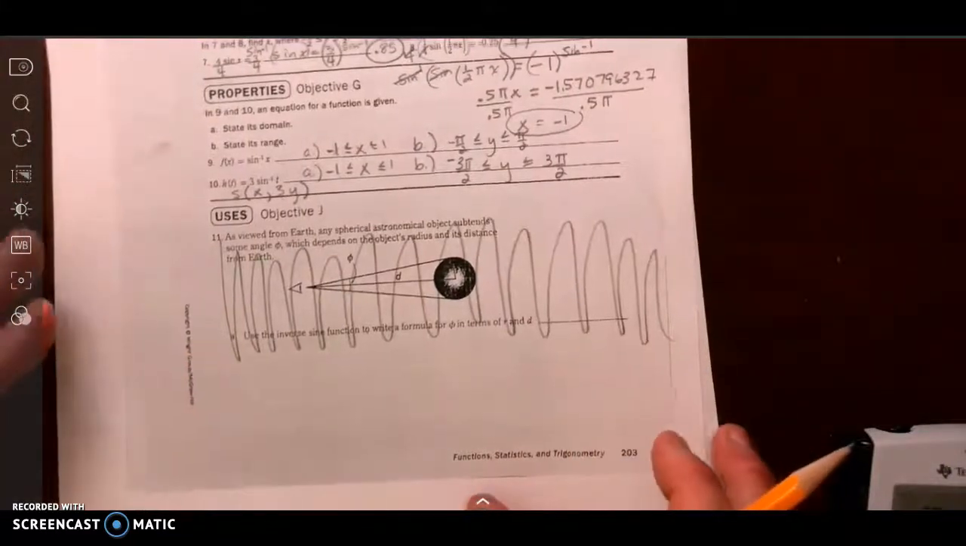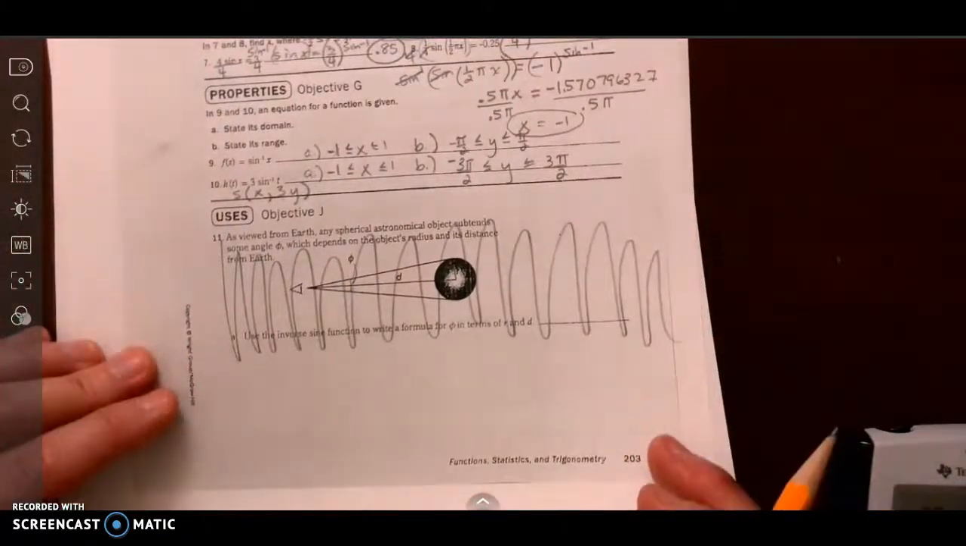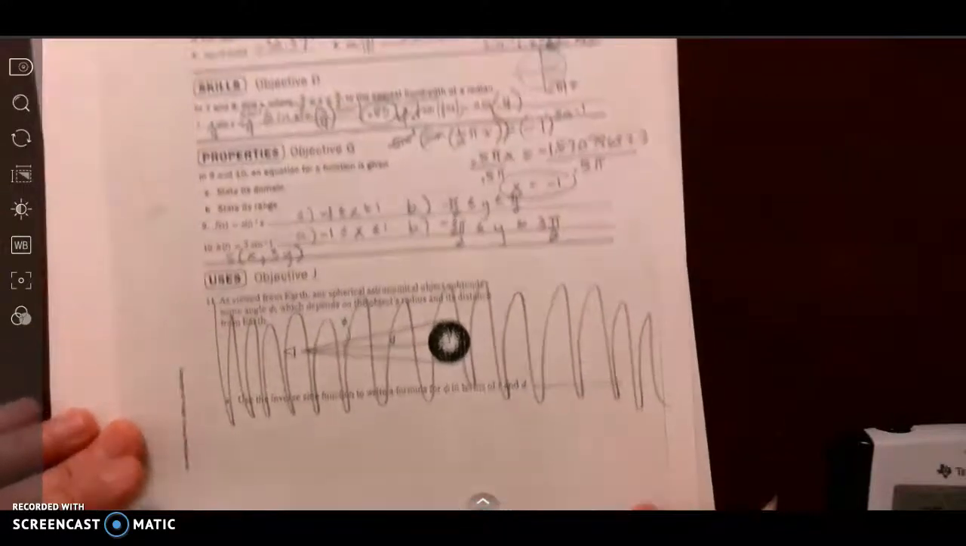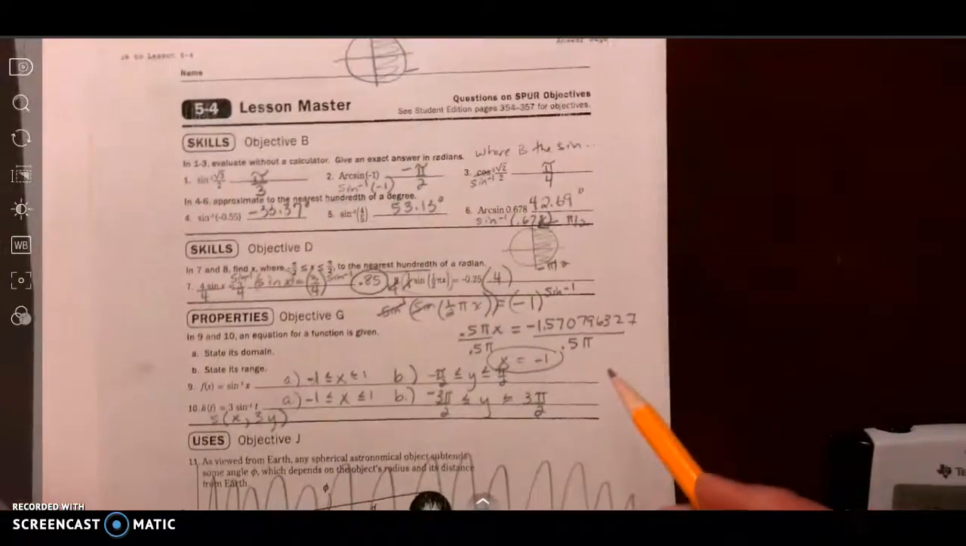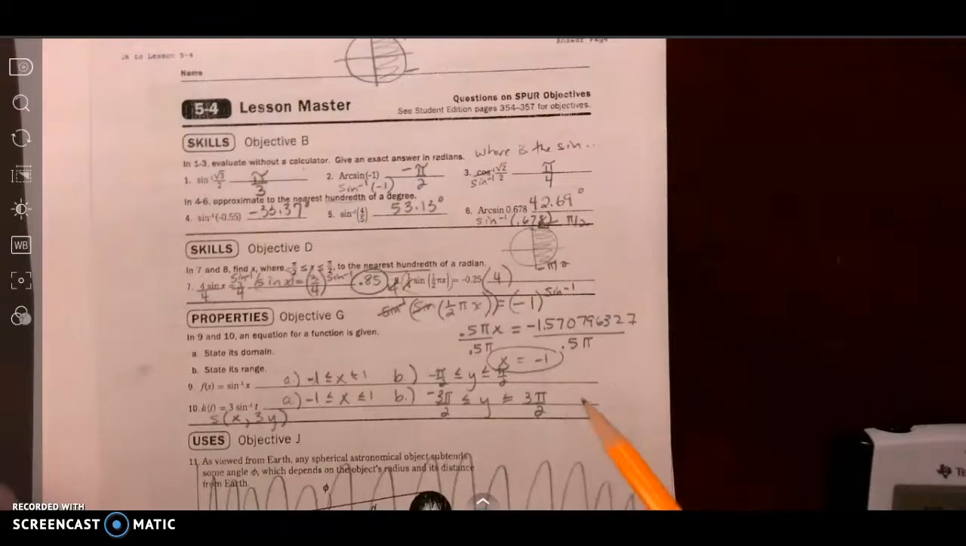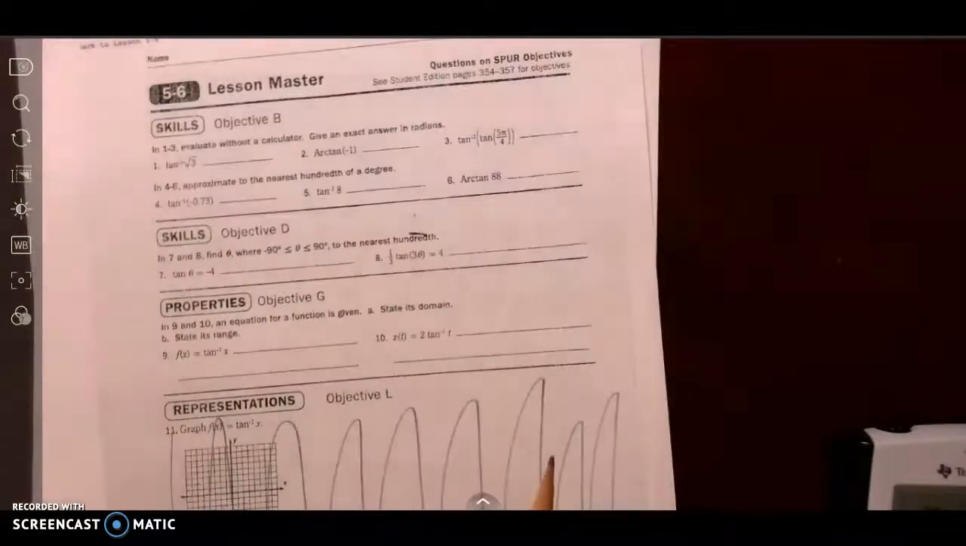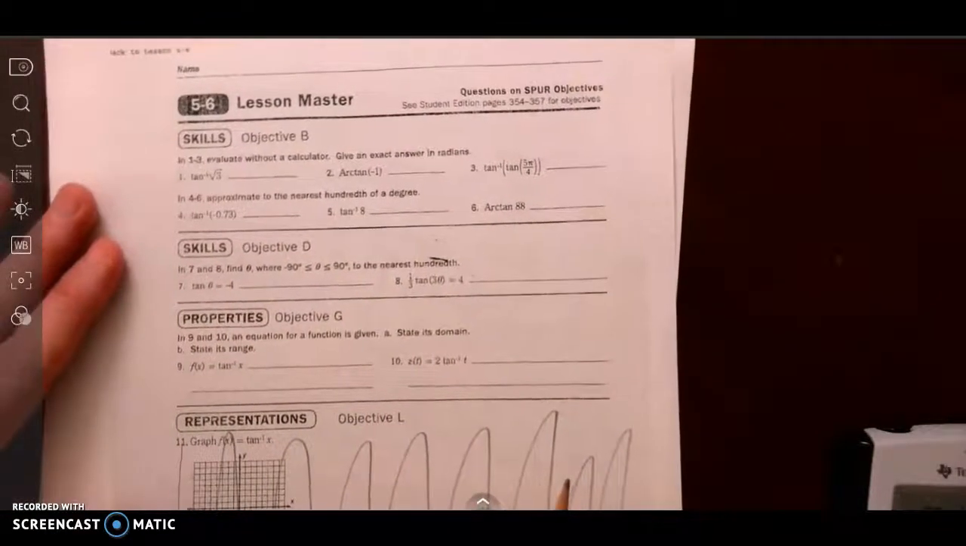So you're going to be doing the 5.6 lesson master on inverse tangent on your own. But use what we've done here with inverse sine and on the previous 5.2 with inverse cosine. You have enough examples to help you to do this next one, 5.6, numbers 1